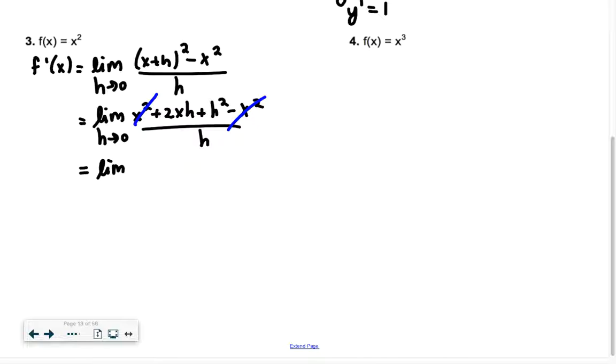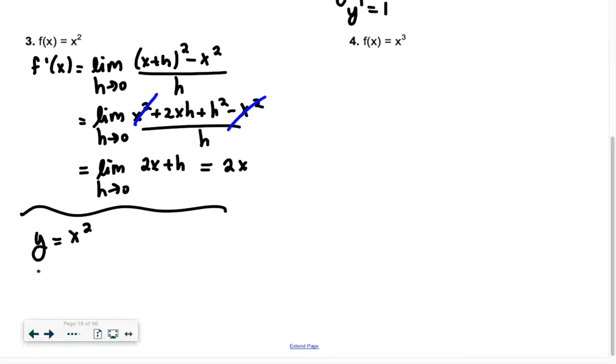So I get the limit as h goes to 0, and I have 2x plus h. So as I plug in h goes to 0, 2x. So we just showed that if y was equal to x squared, its derivative is